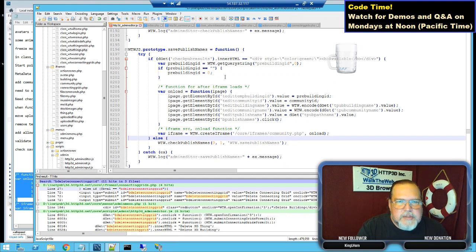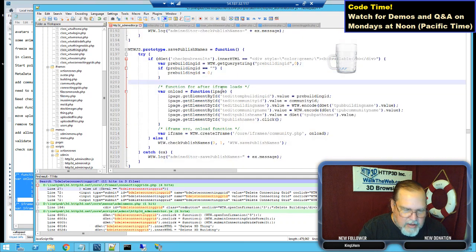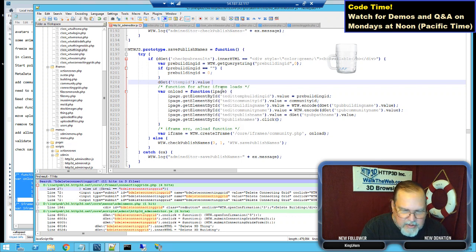The next part is this pre-building thing. As I've said before, I have a certain variable that I use to pass variables into functions. Okay, we're going to say dget. Notice my dget, if I haven't said it out loud in a few minutes. Trying to type and think at the same time sometimes works, sometimes doesn't. Okay, so the dget is